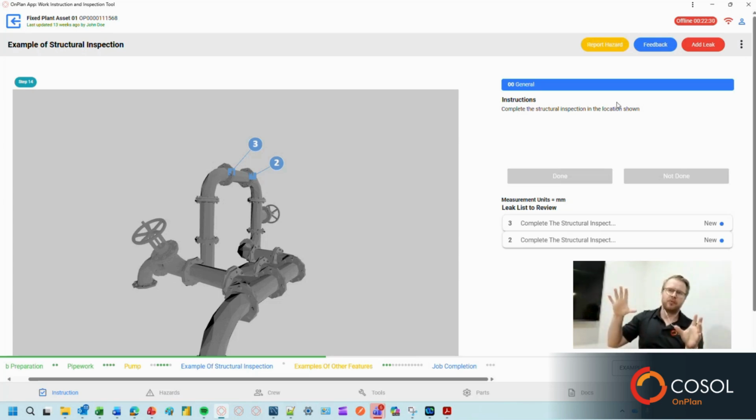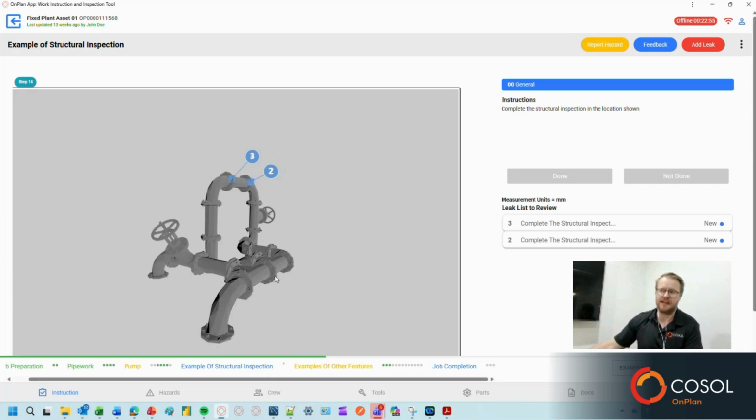So one thing that people want to do is they want to know exactly where the machine is cracking over and over again, so that instead of just going out and welding, maybe they can do a design change. Maybe they can put an extra gusset in somewhere, or change the way the machine's being operated to prevent that from happening again, because then they no longer need to go in and weld it up every time it cracks. And so with OnPlan, you can do those heat maps easily, because all of the defects are,